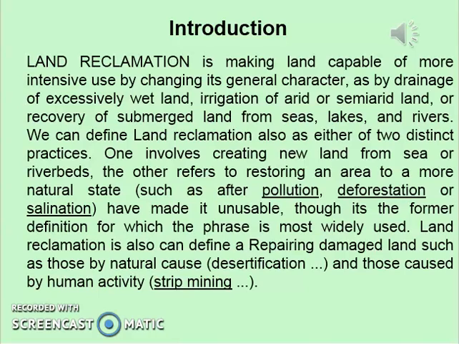Usually we remove salinity by the addition of fresh water to wash salinity away from the soil profile. You can also define land reclamation as repairing damaged land, such as damage by natural causes like desertification and those caused by human activity like strip mining.